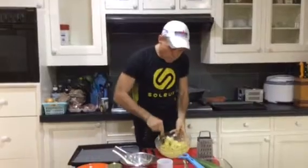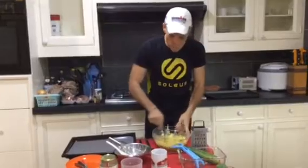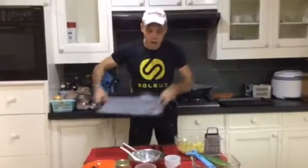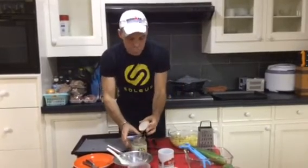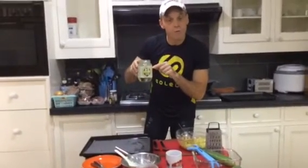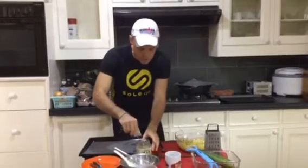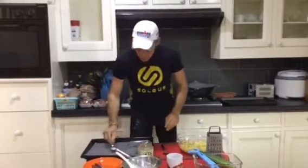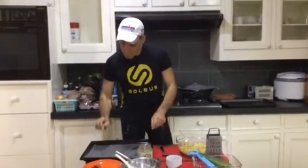Okay, so now what I've done is I've got this one nice and mixed. I'm simply going to put it on my baking tray, which is here. Before I put it on my baking tray though, I'm going to put some coconut oil. This coconut oil is primed, centrifuged, organic, virgin coconut oil. It's the best there is. So what I want to do is, I'm just going to take a tablespoon, add that on, and then just mix it. It will make it easier, once I've cooked my dough,